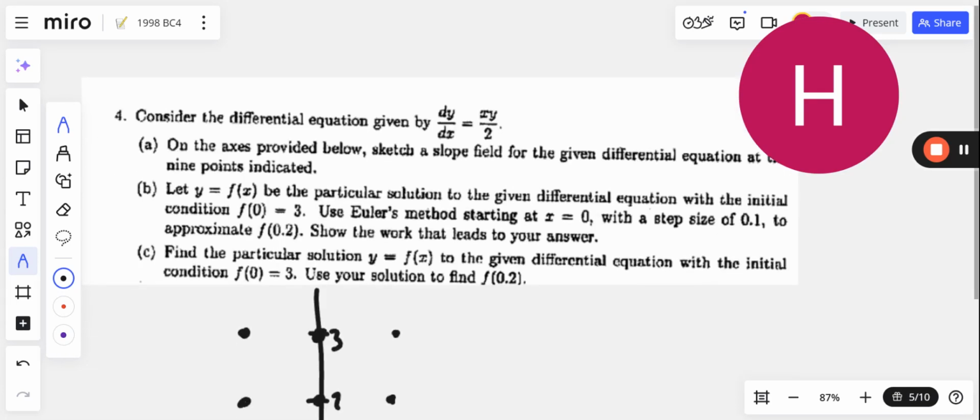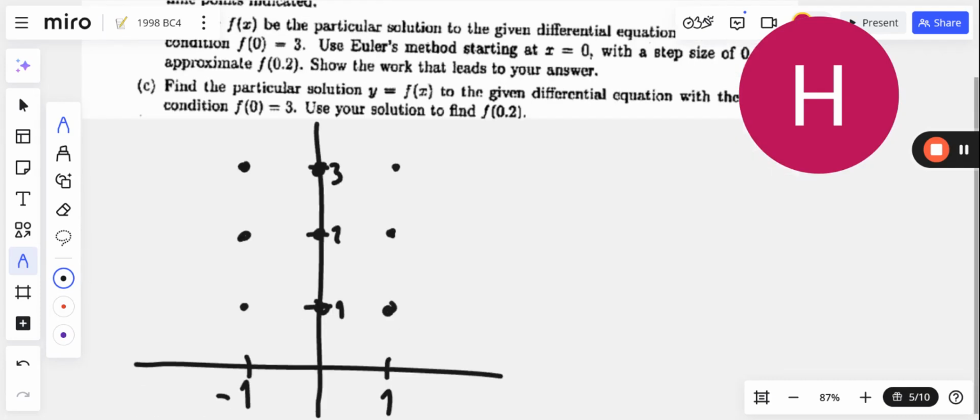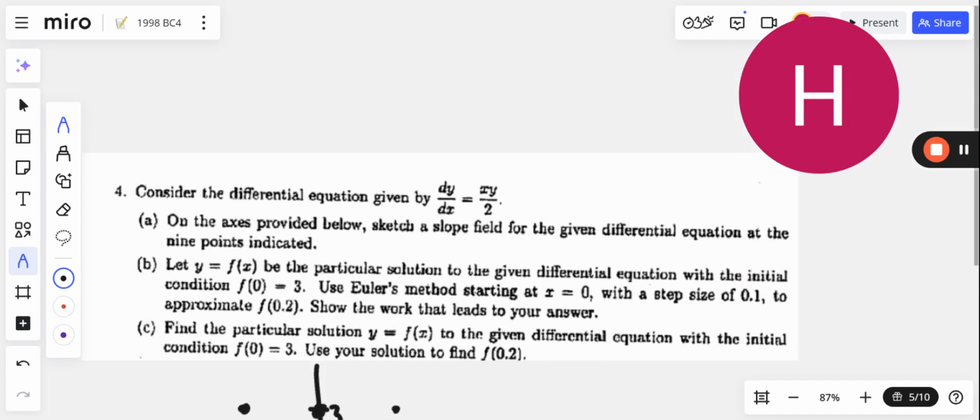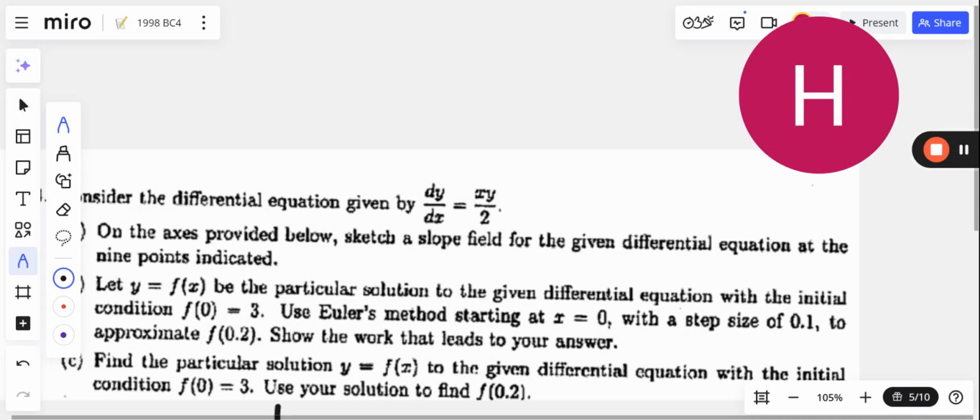So in this slope fields problem, they specify 9 points. See these 9 points that I've emphasized, between -1 and 1, and between 1 and 3 on the y. They want us to just sketch the slope field for this differential equation at the 9 points indicated. If you can't read what that differential equation is, my apologies. This is dy dx equals